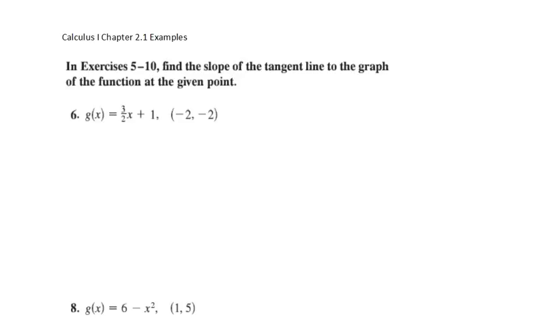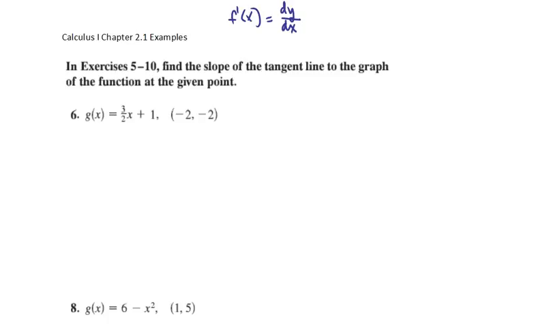So in this video I want to go over these examples on how to use the limit definition of the derivative in order to find the slope of the tangent line to a function at a certain point. And in these first examples we're using the formula f prime of x, or the derivative of y with respect to x, which refers to the rate of change of the y